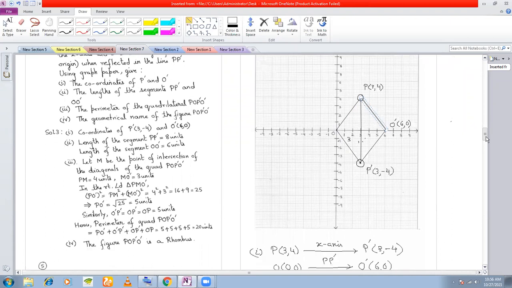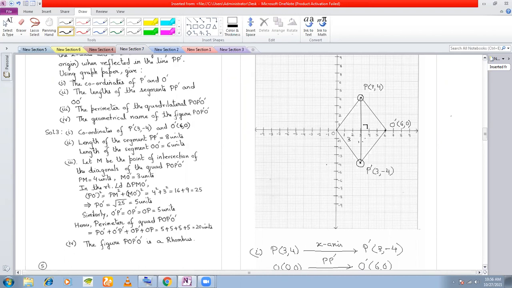Now see, what kind of a quadrilateral is this? Can you tell me what kind of a quadrilateral this is? Anyone? This is a rhombus. You see that the diagonals are intersecting at right angle. This is 90 degree, right? So this is a rhombus. That means all the sides are equal, right? Why? Diagonals also bisect each other, and diagonals are at right angles, right? So that means this must be a rhombus.